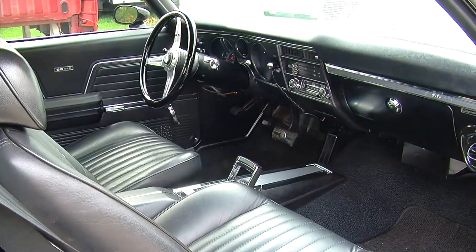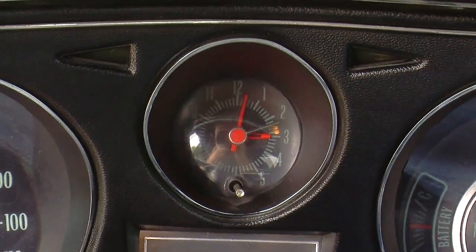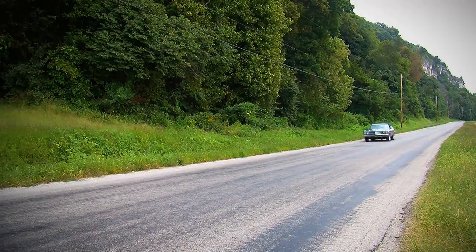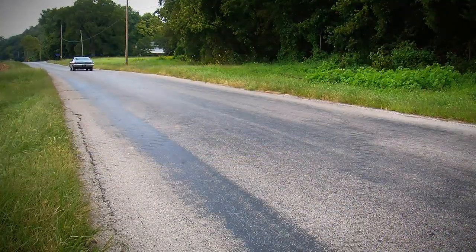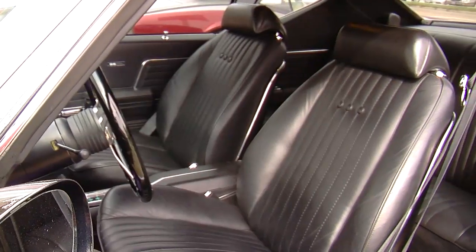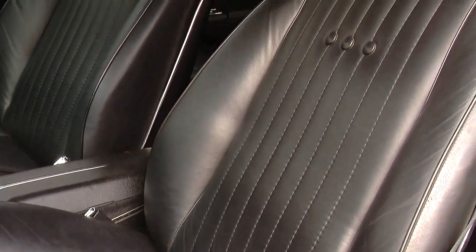There are some upgrades on the interior of this car. We've added a few creature comforts to this car. These original seats have been recovered with new foam and a leather seat cover, but it matches what was here originally. So it doesn't really look like anything's out of place, but when you feel the seats, they're a nice